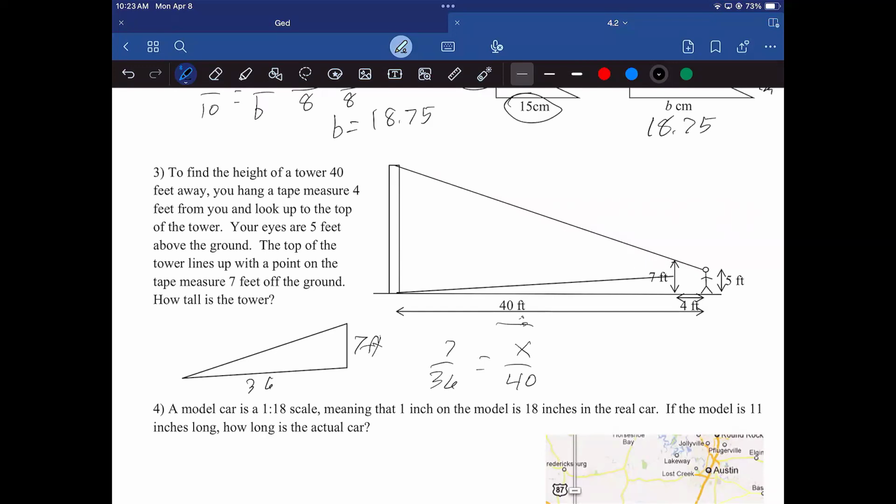That was tricky. It required me to sit and think about it. It reminded me of my days back in college when I took trigonometry. It was kind of fun. So now we say 36 times x is 36x, and 7 times 40 is 280. Divide both by 36. And we get 280 divided by 36, which is